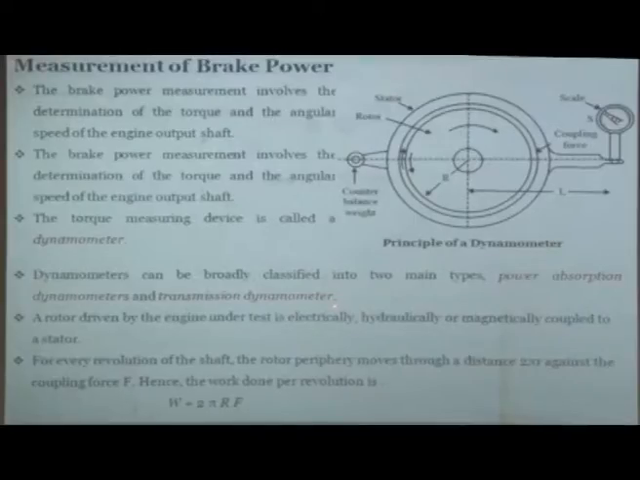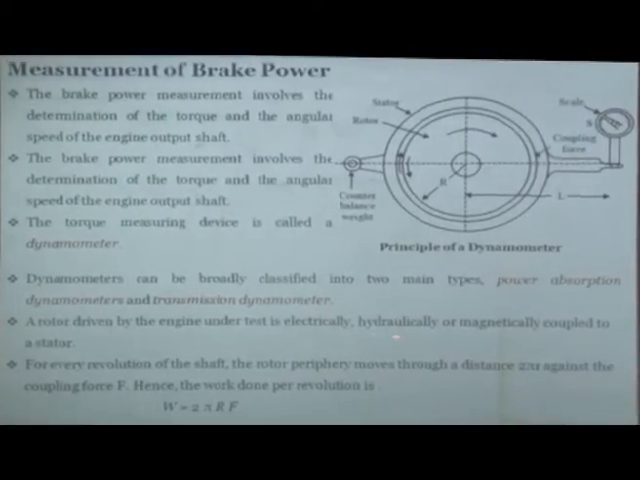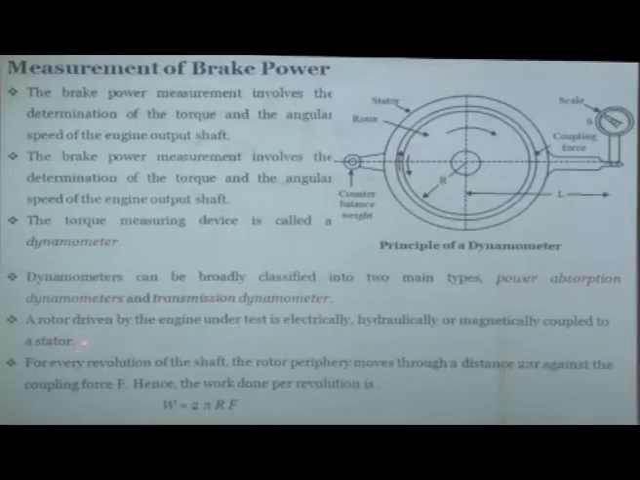So a rotor is driven by the engine under test, and then it is electrically, hydraulically or magnetically coupled to a stator. So how is it coupled? It could be mechanical coupling, it could be electrical coupling, it could be hydraulic coupling. Okay. So for every revolution of the shaft, the rotor periphery moves through a distance 2 pi r. Suppose this is r, so for every revolution the rotor will move by 2 pi r, that is the periphery,